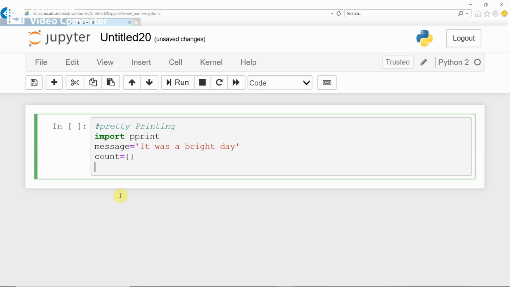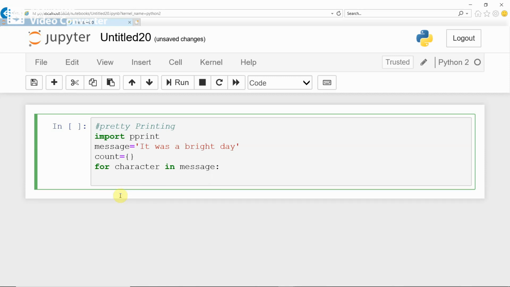Now here invoke a loop with the looping variable character in message. Now first you have to set the count of each character as 0. That we can set as default value.